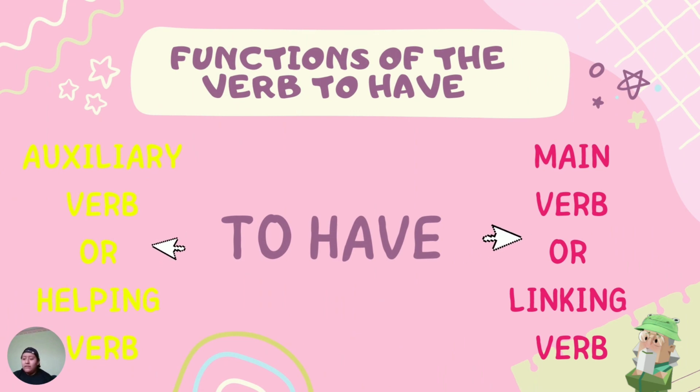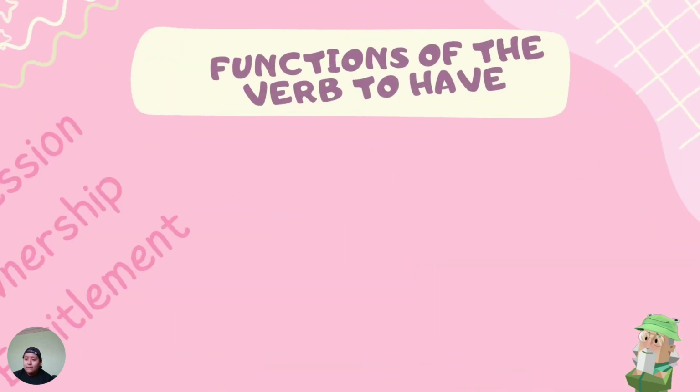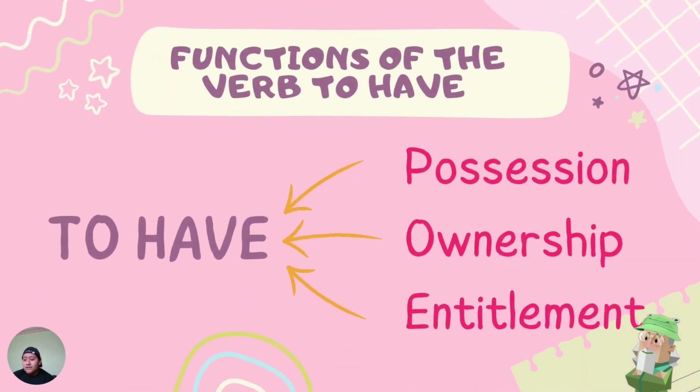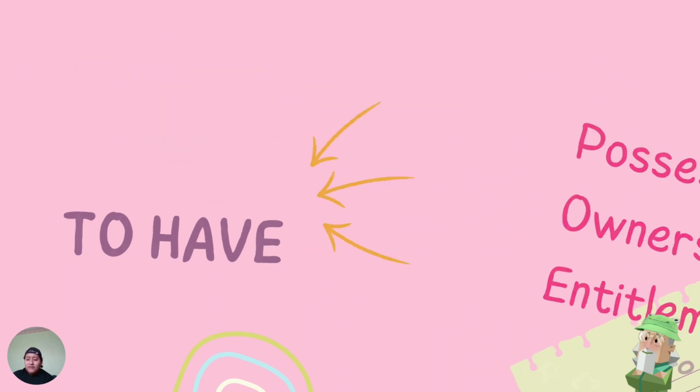Functions of the verb to have. The verb to have can function as a main verb or as an auxiliary verb. As the main verb, the verb to have can be possession, ownership, or entitlement. For example,